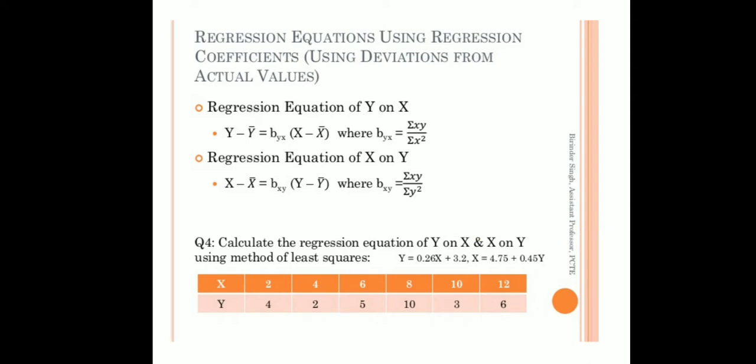This is one more formula. This is the coefficient using the deviation method for the actual means. So regression of y on x: y minus y bar equal to byx into x minus x bar, where byx equal to sum of xy divided by sum of x squared. Here small x means x i minus x bar, and small y means y minus y bar, so it is small xy. Remember that in the previous example it was capital XY, the actual values. Now we have to take the deviation values. Here x means x minus x bar, y means y minus y bar, and hence calculate the following example.